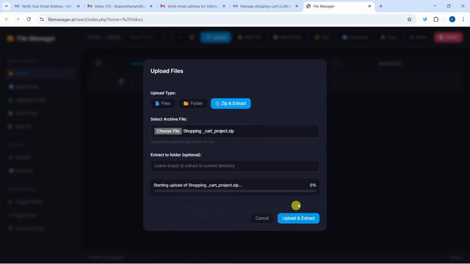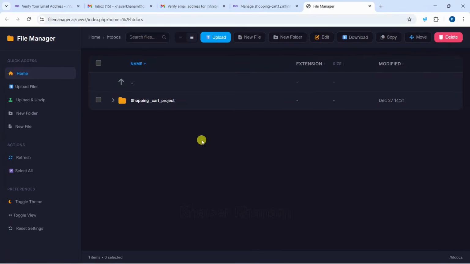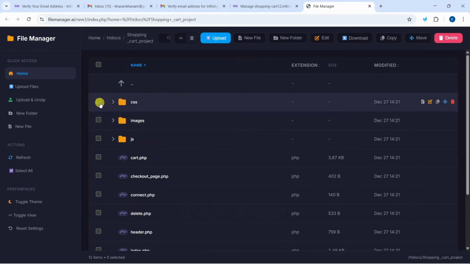Open. Now click on upload and extract. What it will do, it will be uploading all the files, and inside this, you can see it has already extracted. Now once it is extracted, I will click on this folder, select all the files and folders, select,